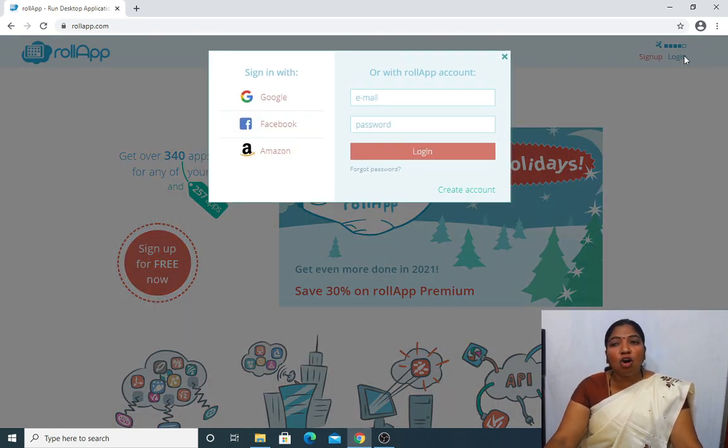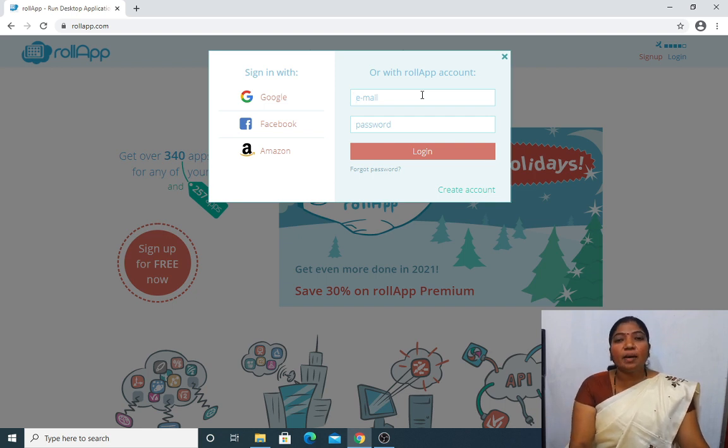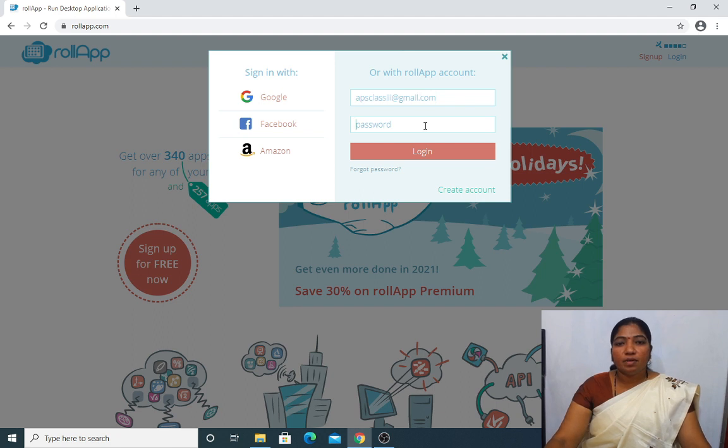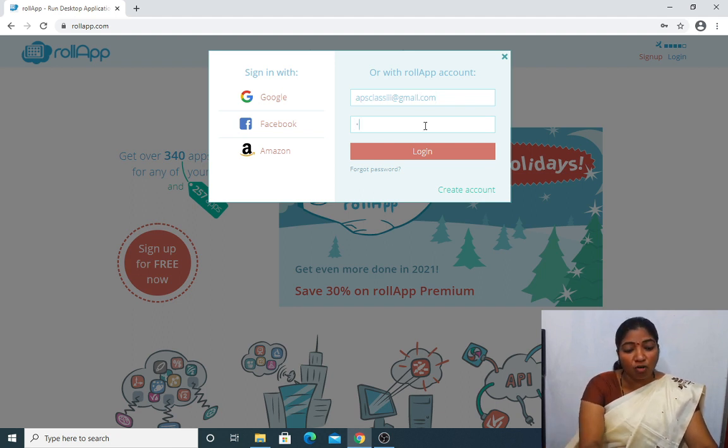As soon as I click on login, it will ask for the Rollapp account. Here I have a username and a password, so I will enter my own username and password. Even you can make use of this, apsclass3@gmail.com. Make sure you create your own username and a password.